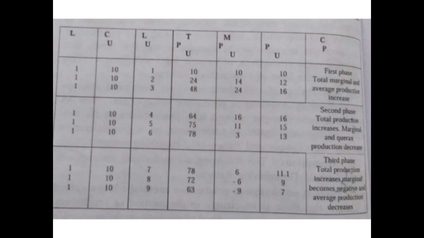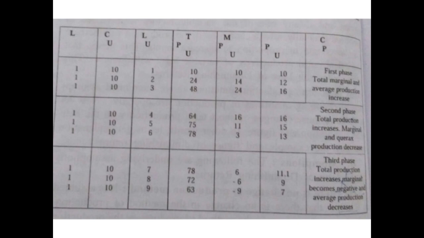So, land and capital are constant factors, while labor is a variable input or factor. Variable means changeable. Labor is changeable. As the units of labor increase, after a certain limit, the law of diminishing returns becomes operative. This fact can be seen in the table given below. So take a look over the table.